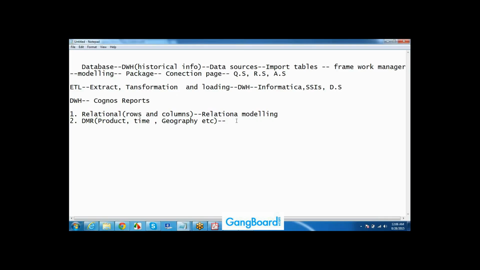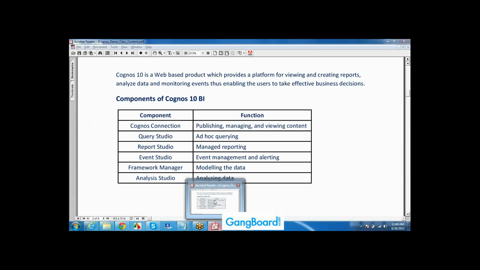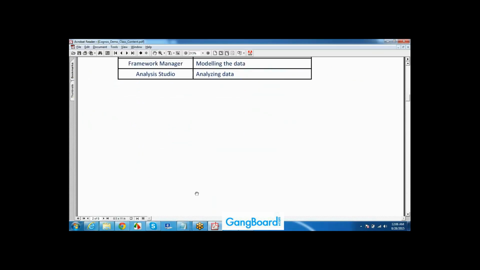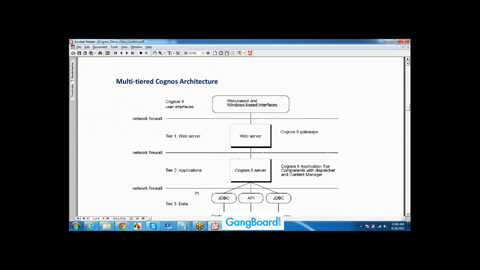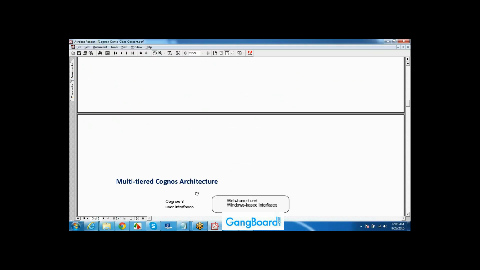Any doubts so far? No. So now I'm coming to the syllabus. First I will start with data warehousing basics. It will take at least 2 hours for me to make you understand data warehouse concepts, basics. Some terminology is there.